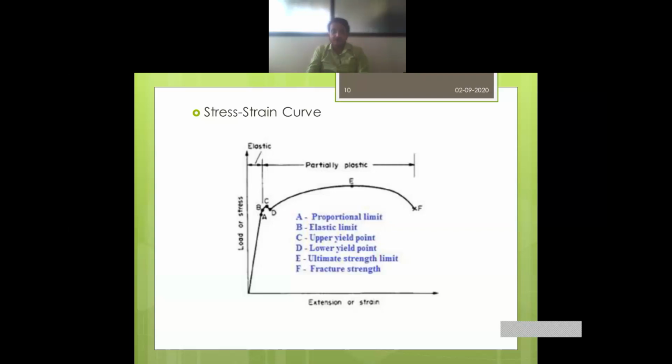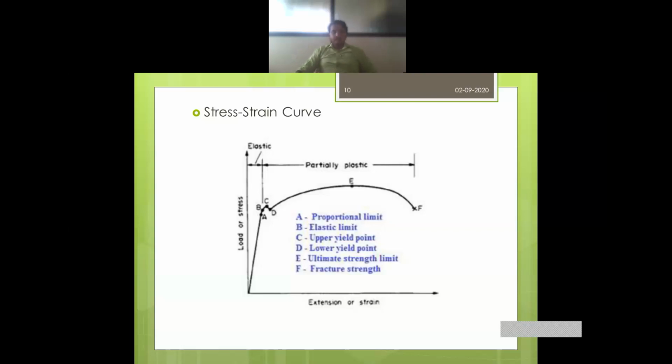That some amount of force is D. This is called the yield point. The moment the material starts yielding, that is, starts deforming, we call it yielding. This will occur only in the case of ductile material. I will explain what is ductile material and what is brittle material in the later slides.